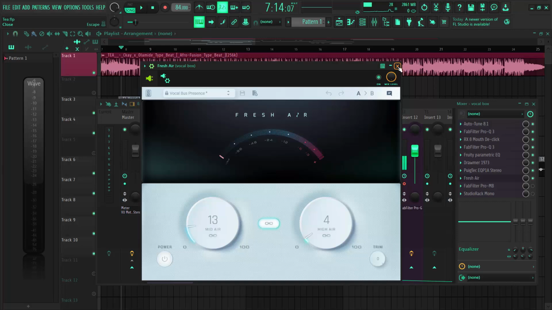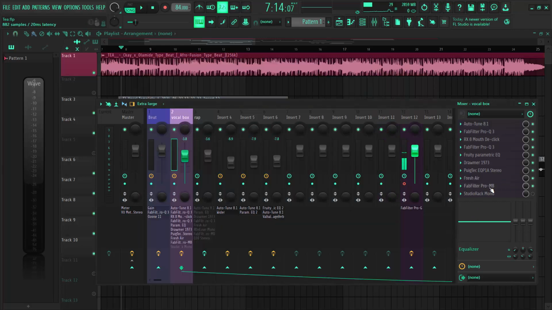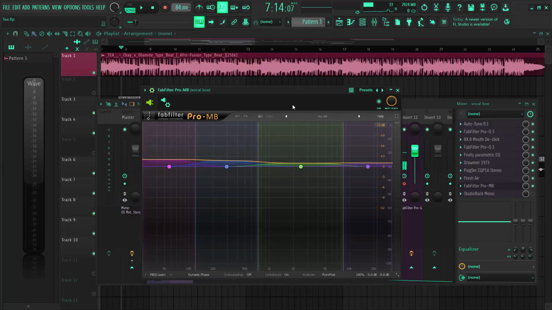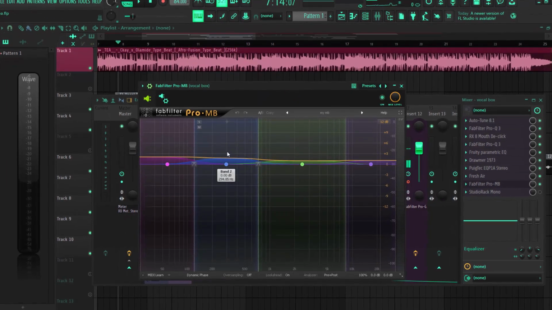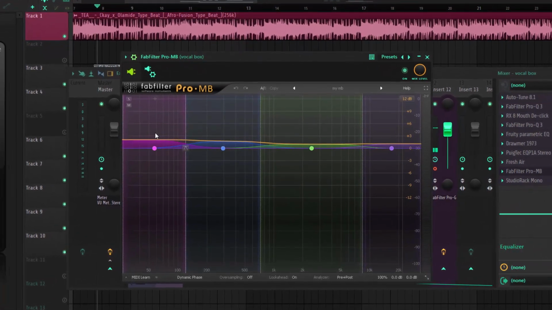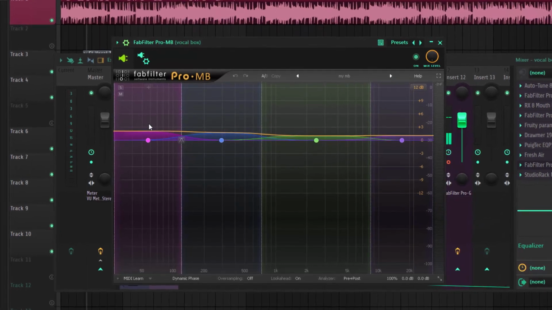So the next plugin I'm going to use on this mix is Fab Filter Pro-MB, and this is the multiband, should I call it a compressor? It's a multiband compressor, and you can use it to compress the dynamic range of your mix.